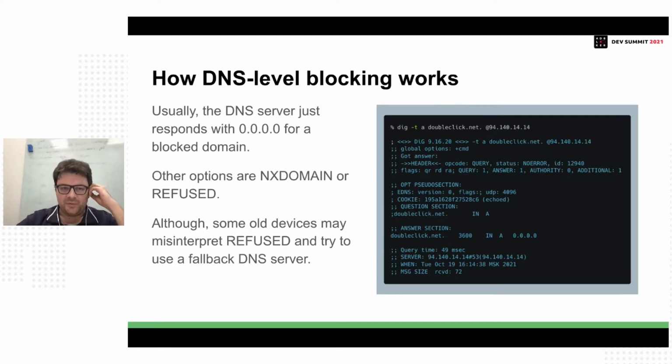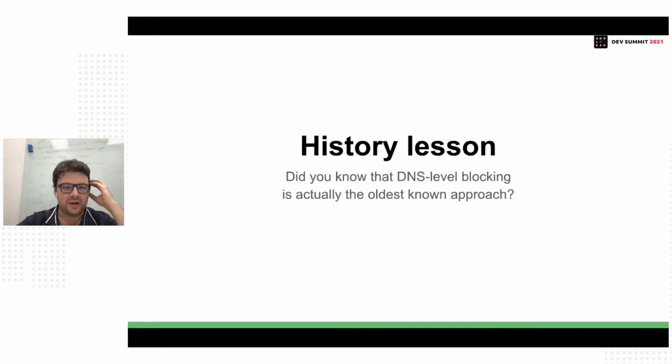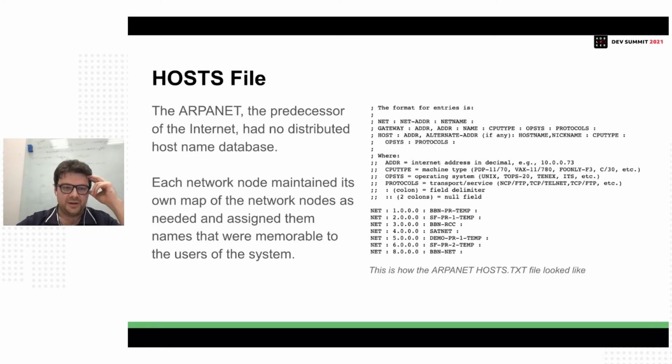But before we continue to the at scale part and all this stuff, let's take a brief look at the history of the question. Surprisingly, DNS level blocking is actually the oldest known approach to ad blocking. Well, how is that possible, you would ask? And to answer that question, let's talk about the hosts file. Hopefully you know what it is. But, well, this is basically a